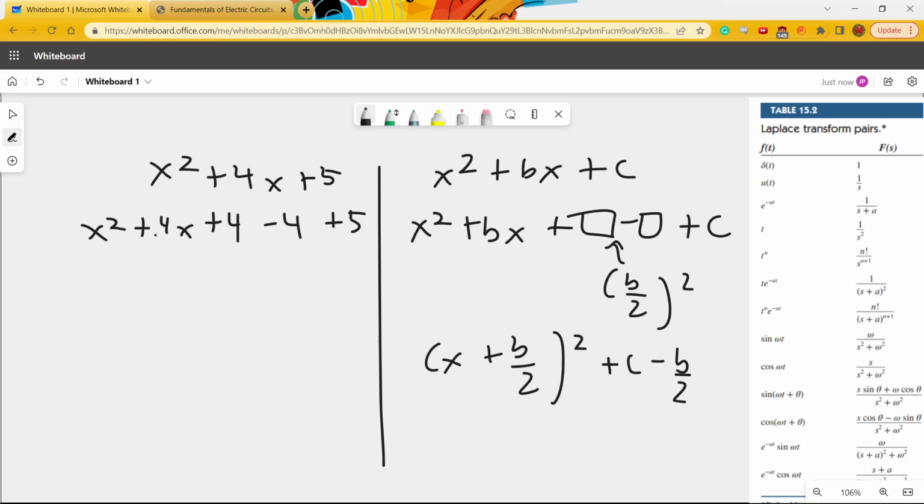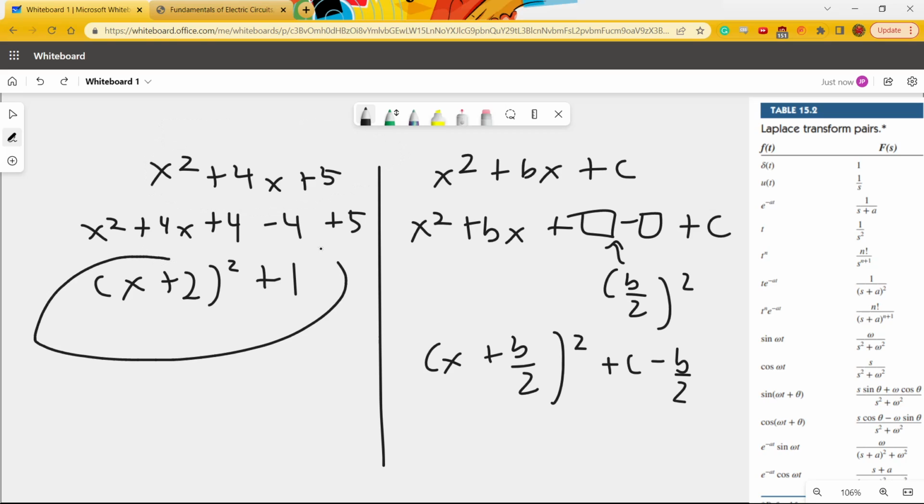And then we have the plus 5 over here. Now x squared plus 4x plus 4 is simply (x plus 2) squared. This is easily factorable, and 5 minus 4 is equal to 1. So we have successfully factored, or completed the square of, x squared plus 4x plus 5 into (x plus 2)